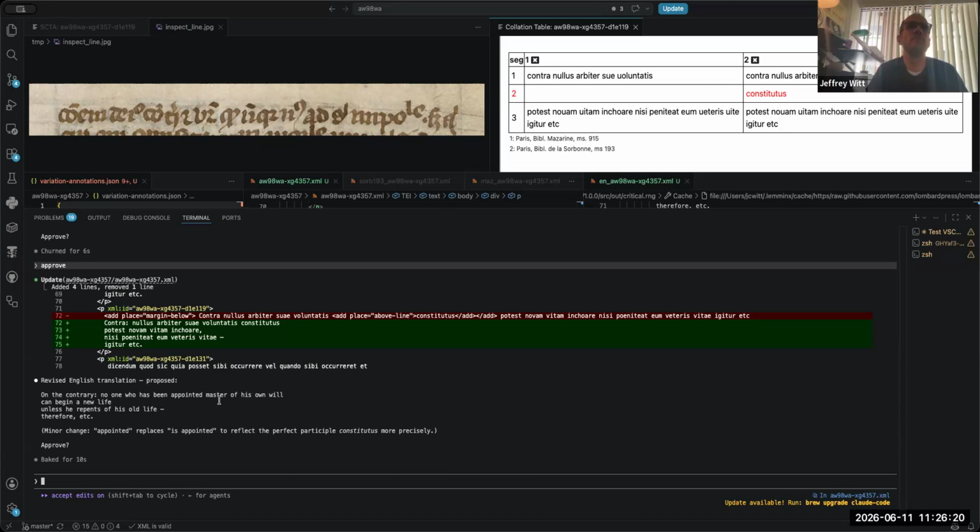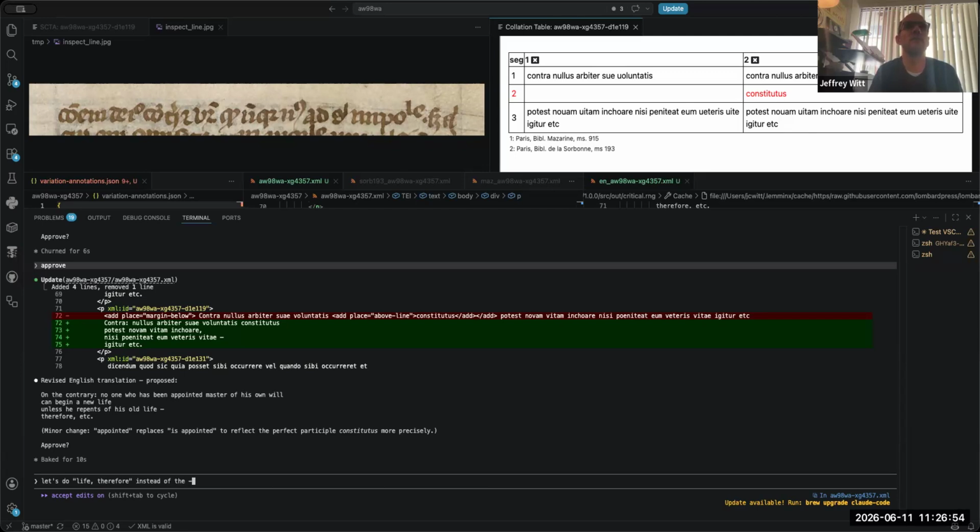So we're using has been appointed for constitutus, is able, can begin a new life unless he repents of his old life. Maybe I don't want the dash, so we can make a minor change. Let's do life, comma, therefore, instead of